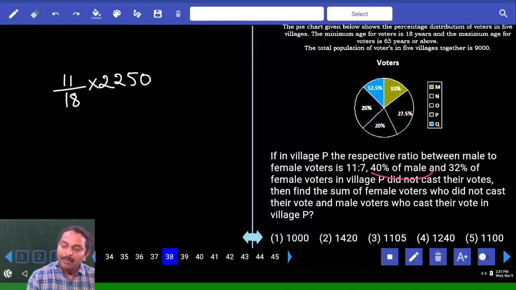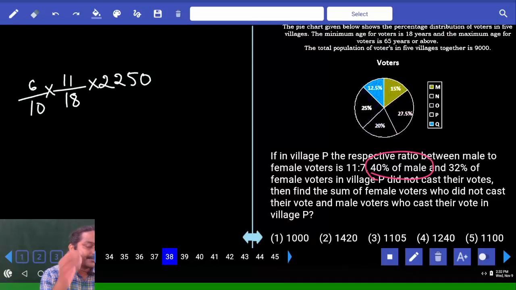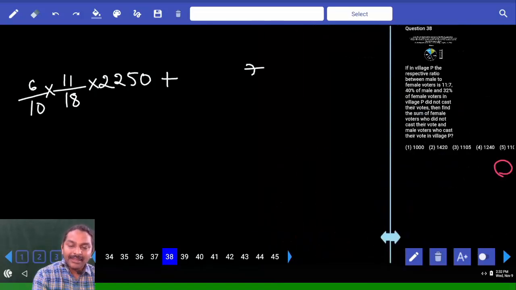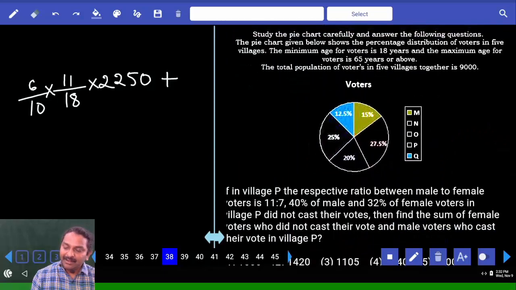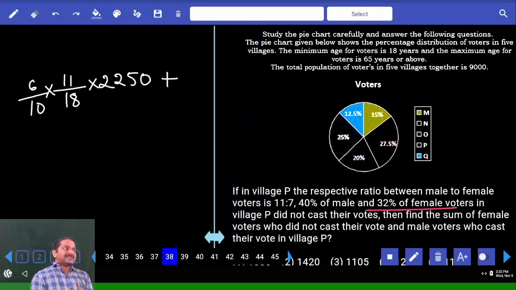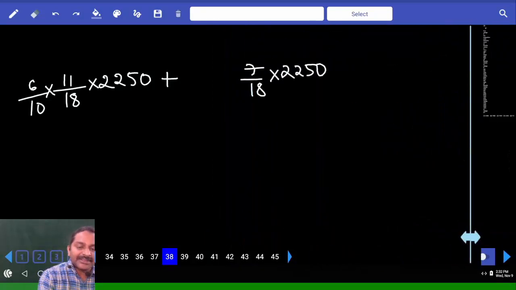Among male, how many did not cast their vote? 40%. Then those who cast their vote? Can I write 60% as 6 by 10 into 2250? These are male who cast their vote. And female, how many parts of female do we have? 7 among 18, out of 2250. Now, out of female, 32% did not cast their vote. Those who cast their vote,